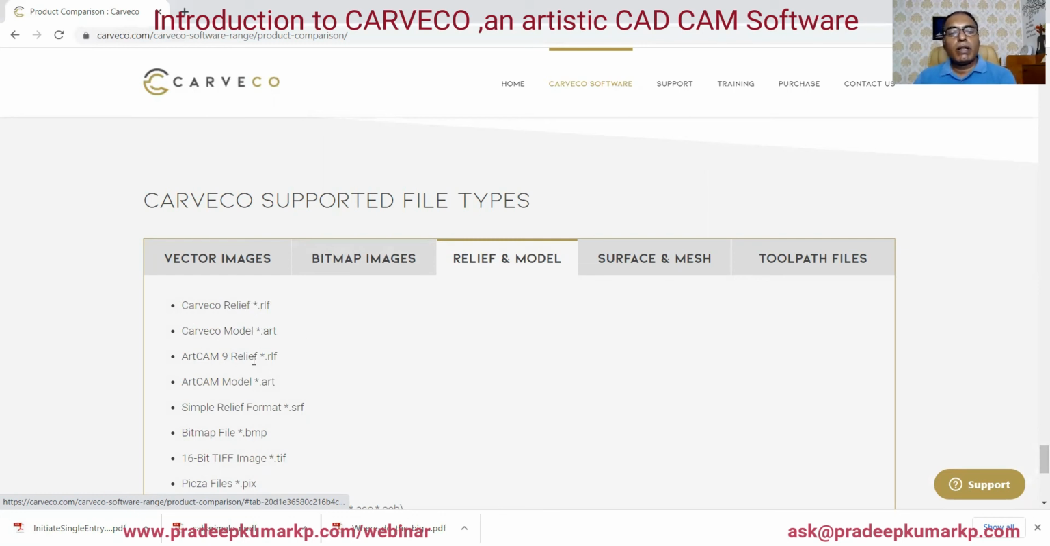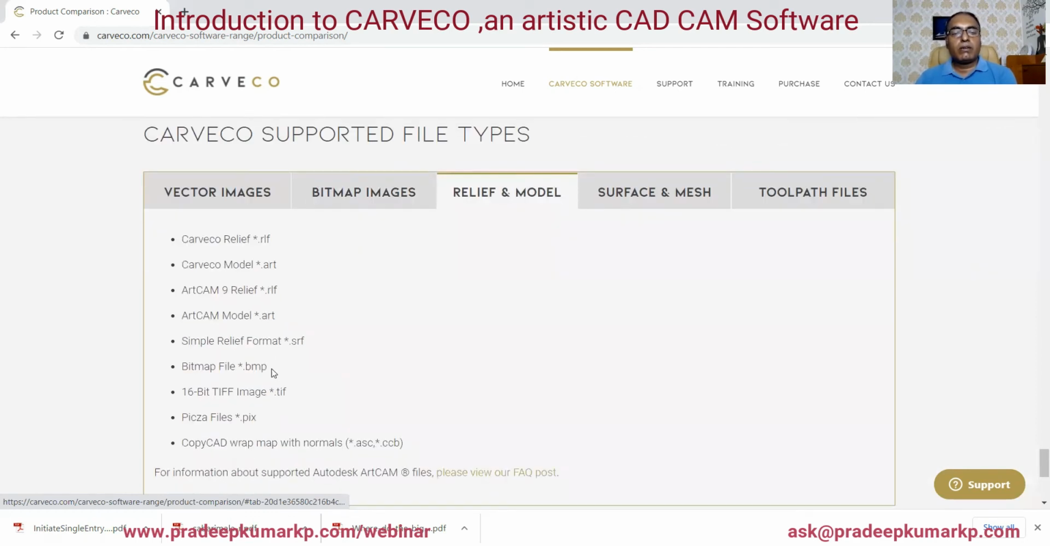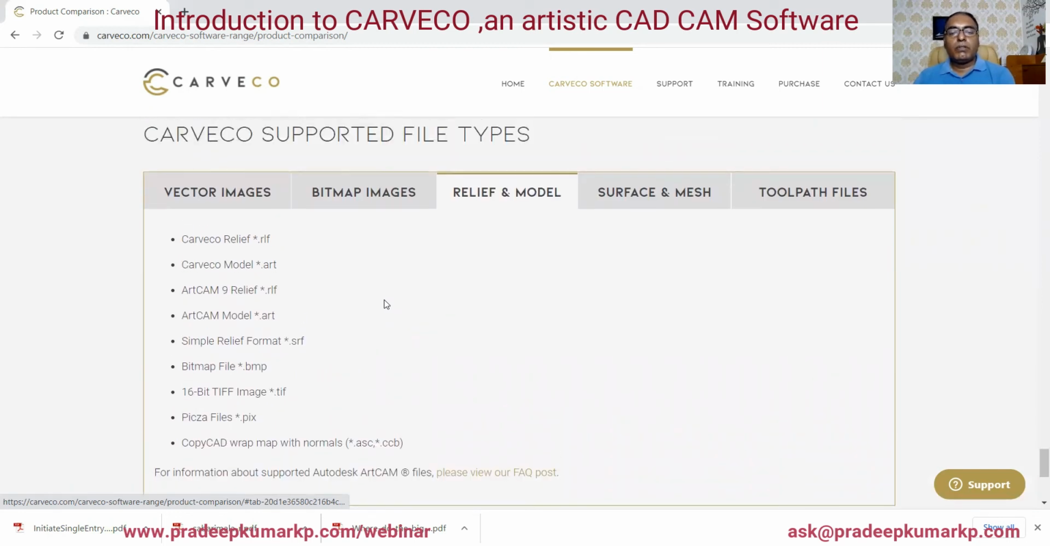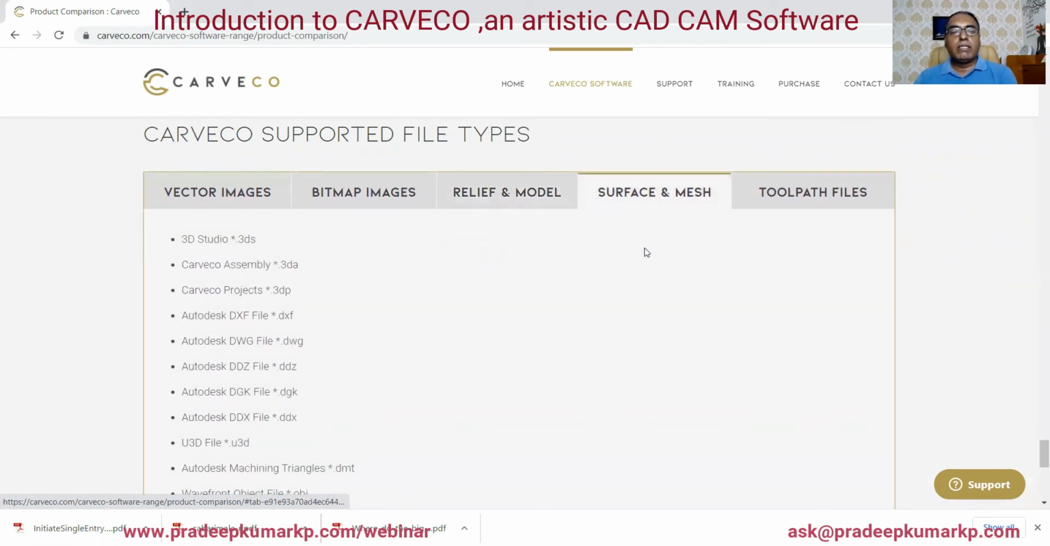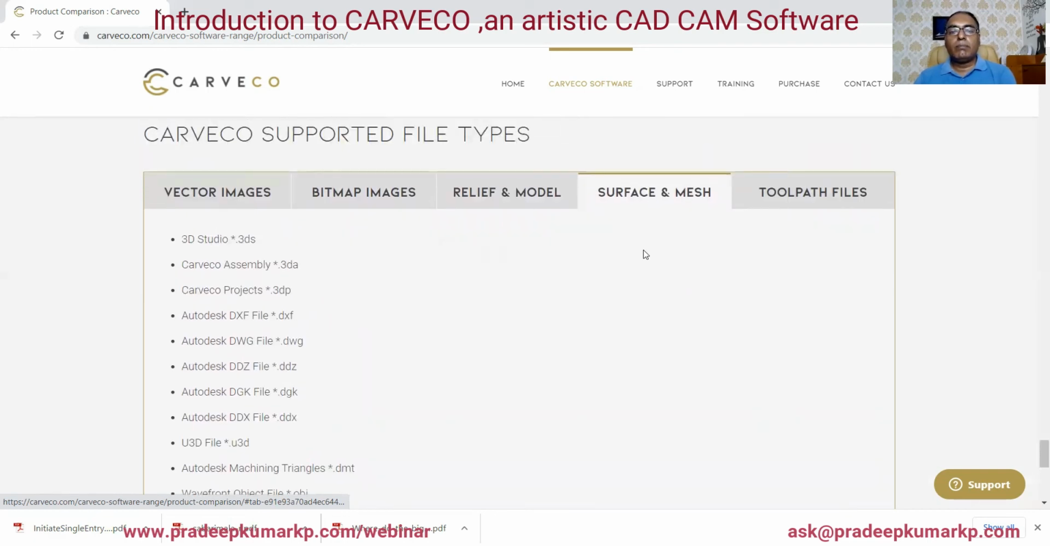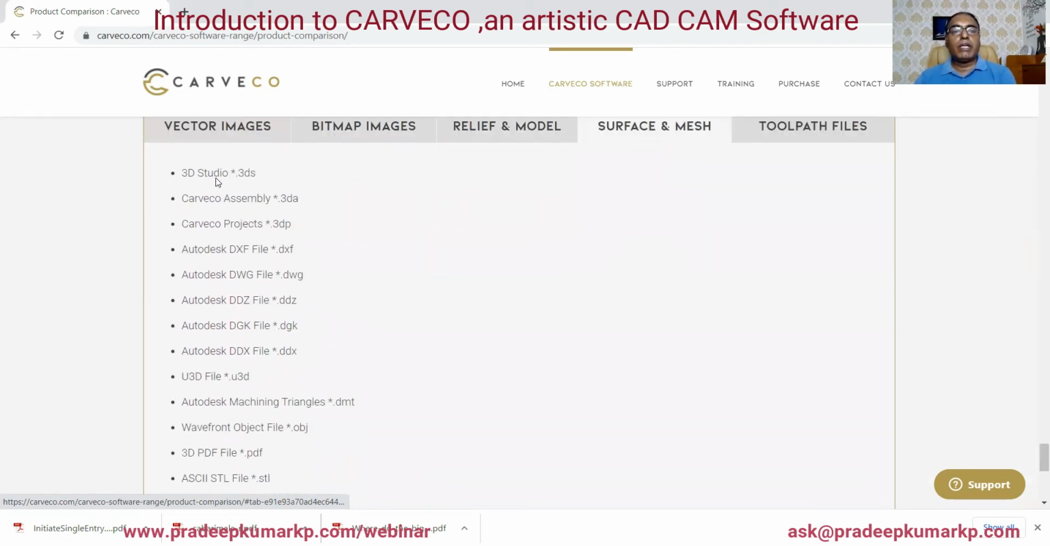I believe ArtCam 9 relief star RLF and .art model also, symbol relief format SRF, BMP, TIFF, PIX, and CopyCAD map with normals are also supported by the Carco software. And surface mesh, that is surface and mesh 3D, if you want to take the file from 3D Studio